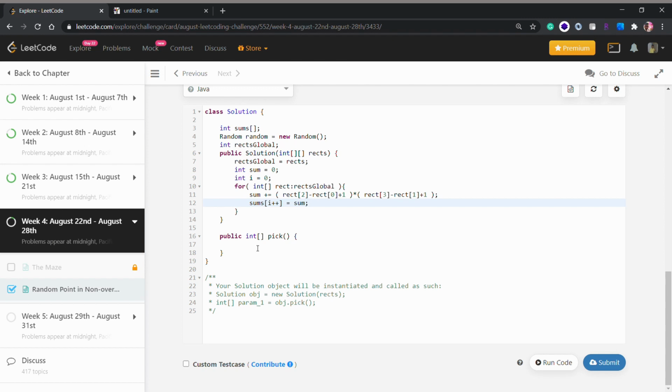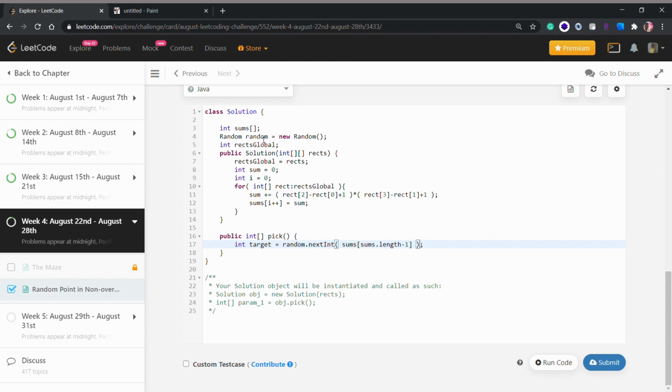And now we will complete our int method. We will have an int target, meaning our target number, which would be picked randomly. So we now have to use our random method, which we created here, I mean, a random object. Now random dot next int of sums dot length minus 1, the upper limit.